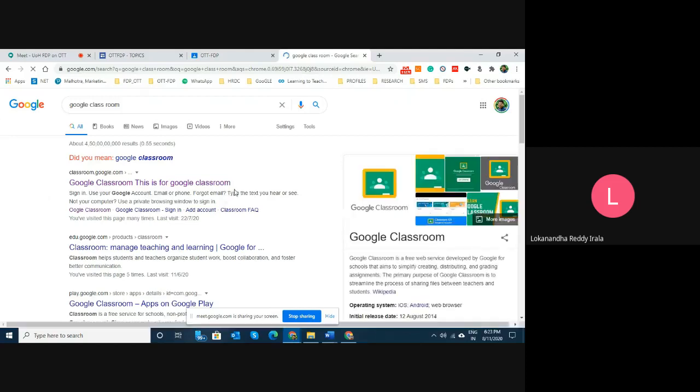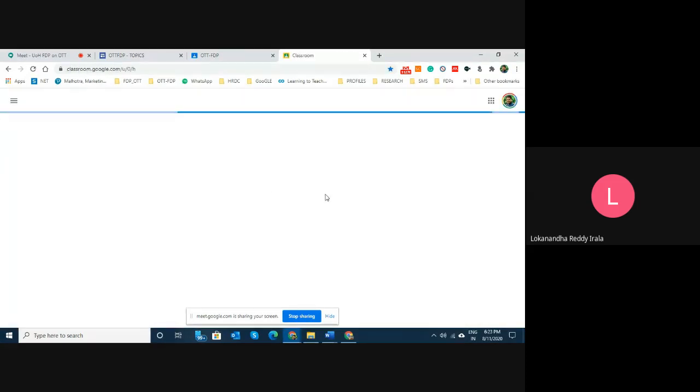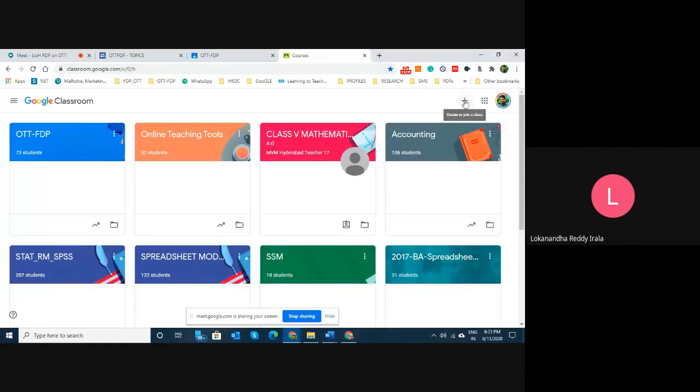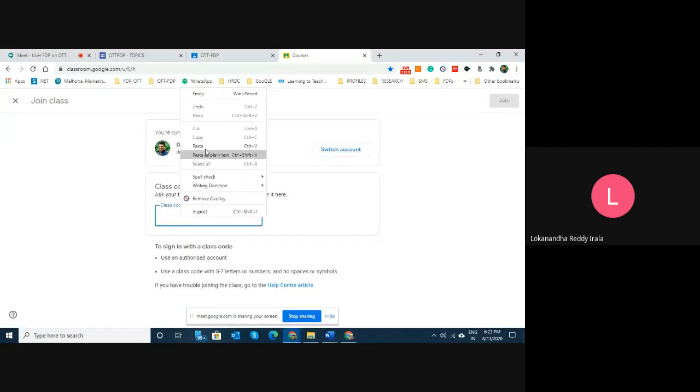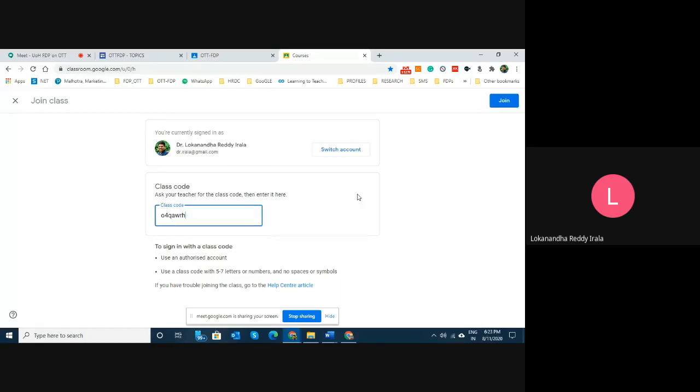Once they type Google Classroom, from this search page, they land in the Google Classroom page, and they will see this plus sign here. So the student should click on this plus sign, and then it has 2 options: join the class and create the class. And because they are joining your class, they should press on join class, and they should enter the code that you have given them, and simply say join.